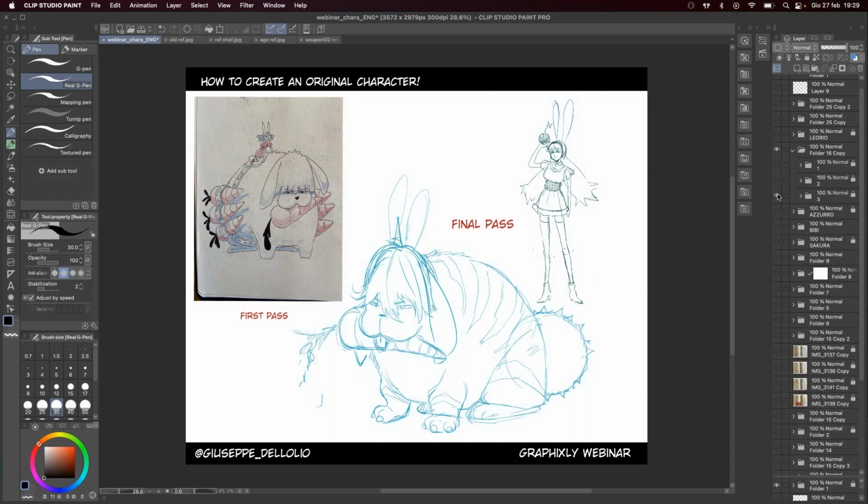But there is also more elements that I borrow and I fuse and I shuffle from all the stuff that I like. So just those kind of stuff can help you make your original characters. Which brings me to the last one I want to show you tonight, or this morning, sorry,